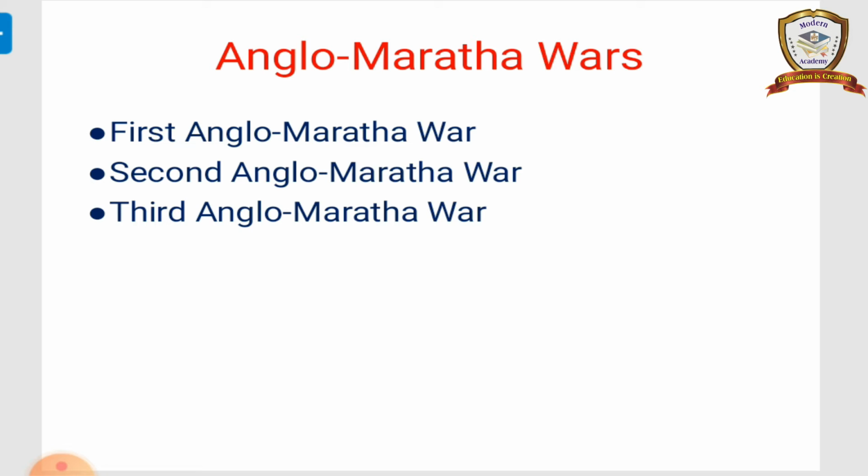The internal conflict among the Marathas was best utilized by the British in their expansion policy. In the first Anglo-Maratha War in 1781, Warren Hastings dispatched British troops under Captain Popham. He defeated the Maratha chief Mahadji Scindia in a number of small battles and captured Gwalior. Later, on 17th May 1782, the Treaty of Salbai was signed between Warren Hastings and Mahadji Scindia.